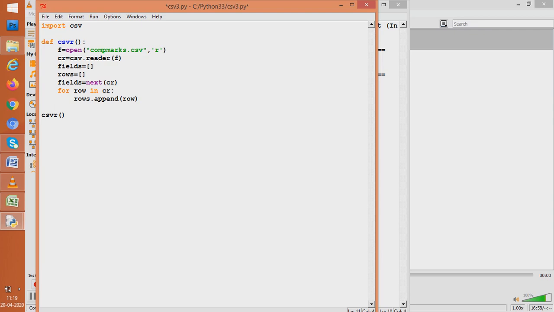We'll write print. For fields, we'll write like this. We gave a space. How many spaces? I say give 10 spaces: 1, 2, 3, 4, 5, 6, 7, 8, 9, 10. Anything we can give.